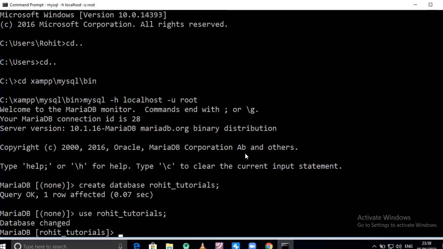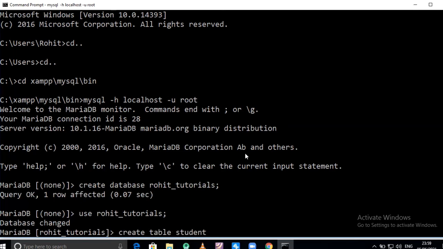After creating a database, you need to create a structure for the table, which is called a schema. For that we require the create command. Create table. Our table name is student.